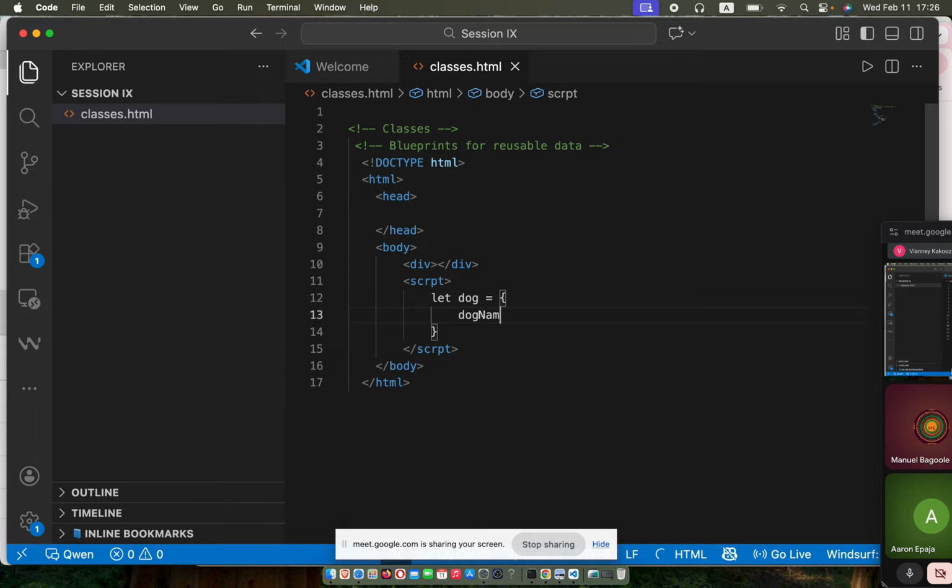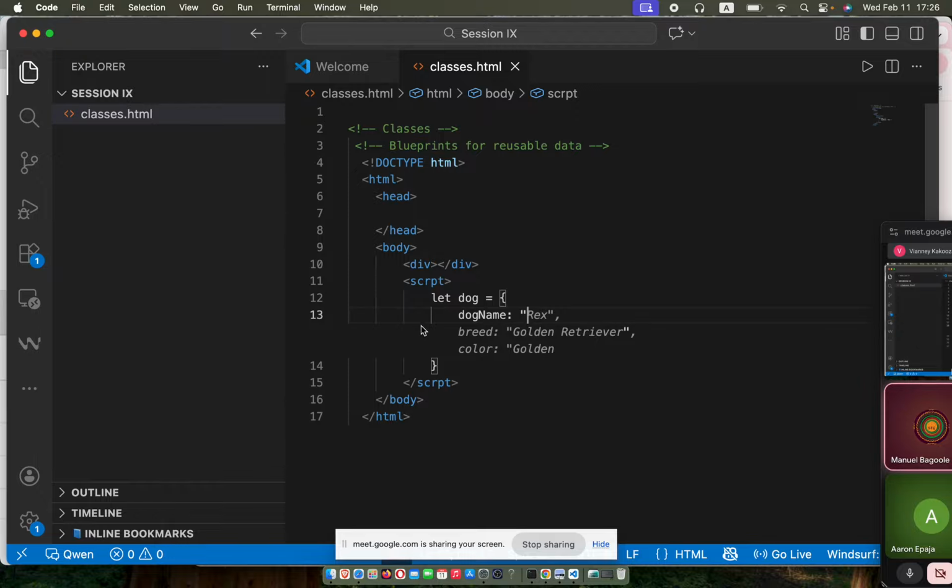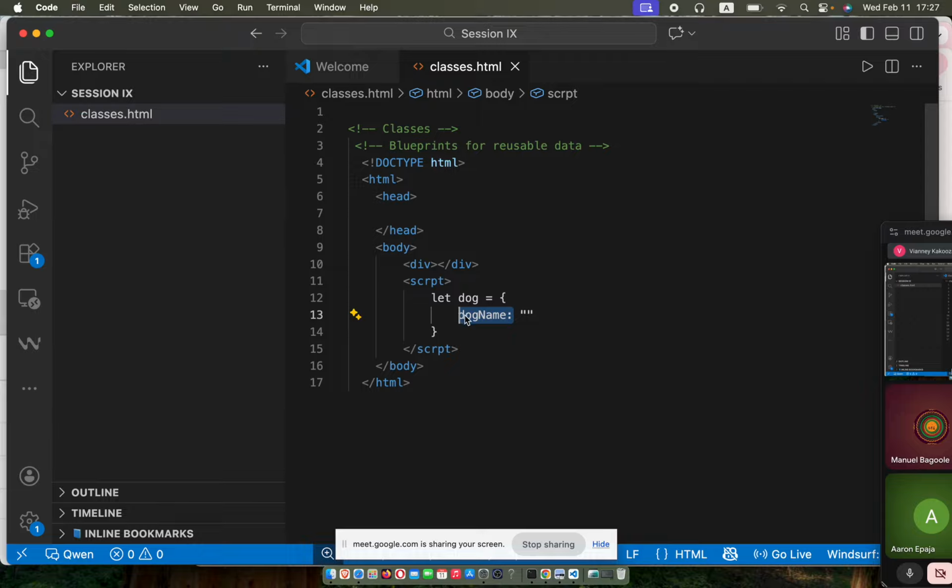Whenever you're creating an object, you use the name and value pair. It's called the attribute and its value. So here maybe I'm going to name it JavaScript